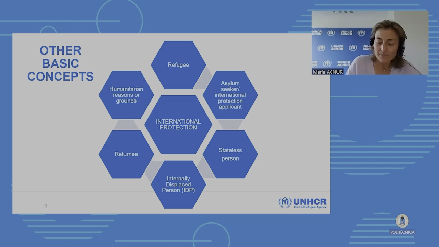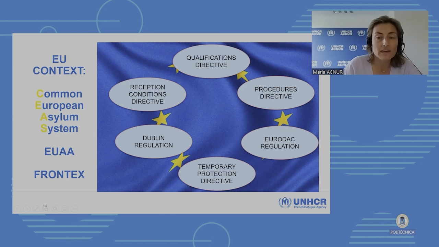So I just wanted to touch briefly, to end this part, on that European context that I talked about earlier also. Very briefly, in the EU context, I'm talking about the European Union, we have a specific legal framework, and it's good that you are familiar with it. Very shortly, in the EU context, the goal is to establish what is called a Common European Asylum System. It's the CEAS, and in Spanish, the SECA, Sistema Europeo Común de Asilo.